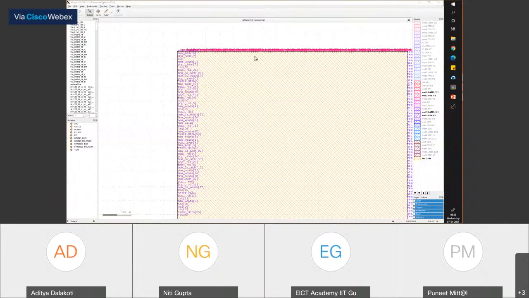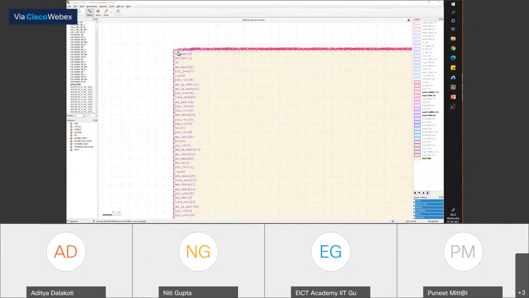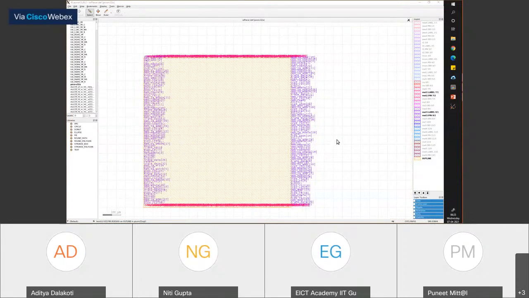The script which place IO runs is supposed to place these IOs on the periphery of your design outline randomly. Similarly, we'll explain another command which will place in a particular pattern as we specify.